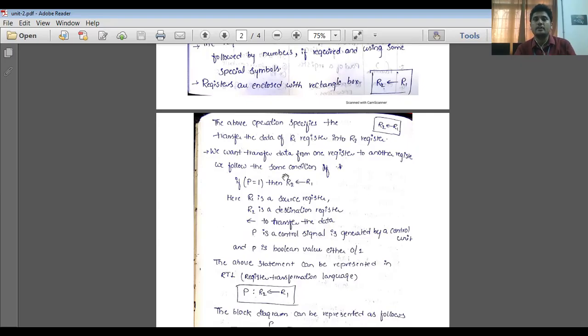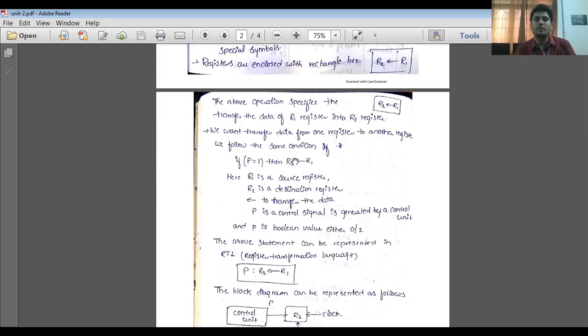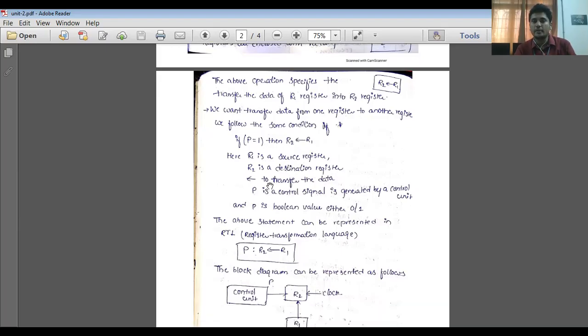If we want to transfer the data from one register to another register, we follow some conditions. That is, if P is equal to 1, then R1 tends to R2. Here R1 is the source register, R2 is the destination register, and the arrow mark represents the transfer of the data.